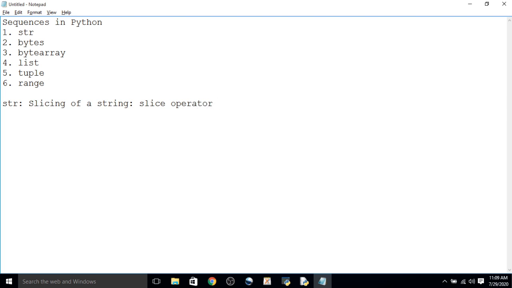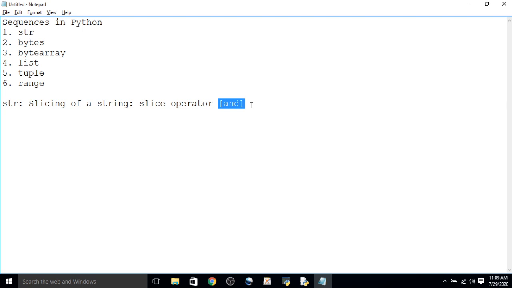What is the slice operator? Square brackets, an opening square bracket and a closing square bracket, will be used. To retrieve pieces of a string, the slice operator will be used on the string.